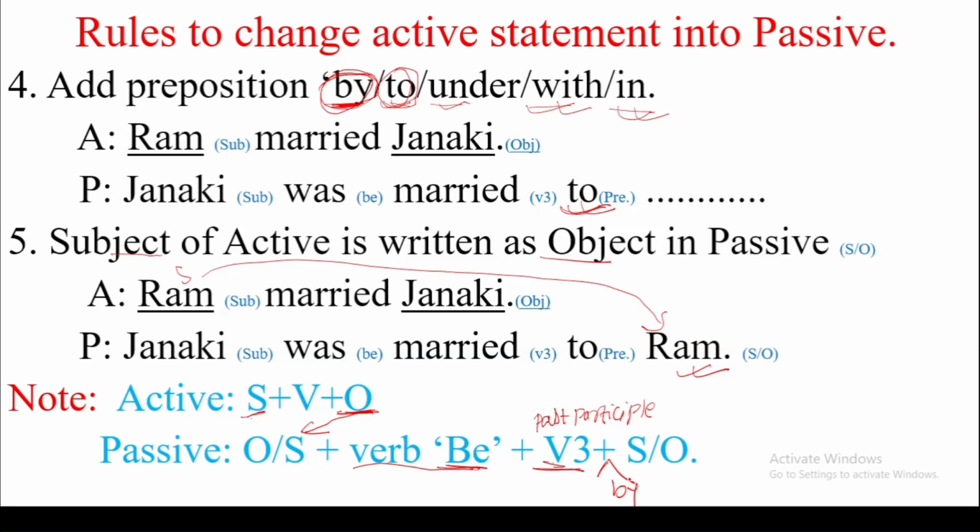And the fifth step is that we write the subject of the active sentence as object. Subject is written as object. It means subject is changed into object. First we change object into subject. Then we add verb be plus V3 plus by. Then we change subject as object in passive. So this is the general